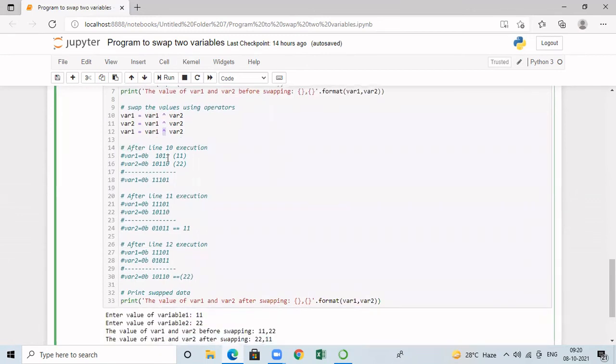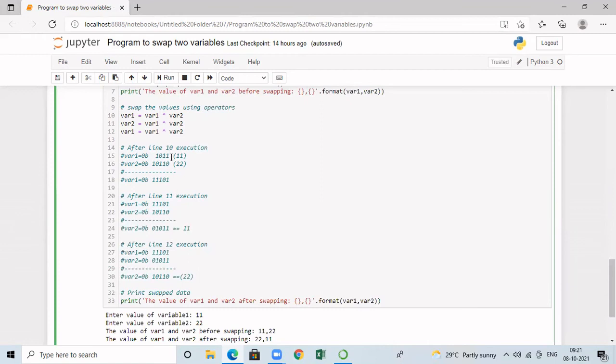And if you want to know how the execution is done, let us understand this example. So here I am going to assume that A is 11. That is the first variable is 11 and the second variable is 22. And XOR is a bitwise operator. So we are going to write the data in binary format because it is going to perform the manipulation in bit level. So 11 is represented as 1011 and 22 is represented as 10110 in binary. And in the first statement, we are going to XOR variable 1 and variable 2, and answer will be stored in variable 1. So when I XOR, when both the bits are same, we'll be getting the answer as 0. When the bits are different, we will be getting the answer as 1.